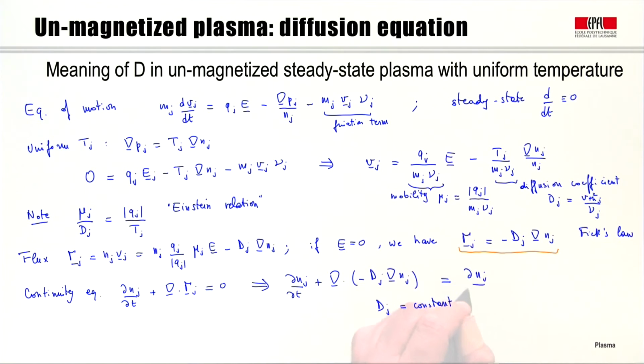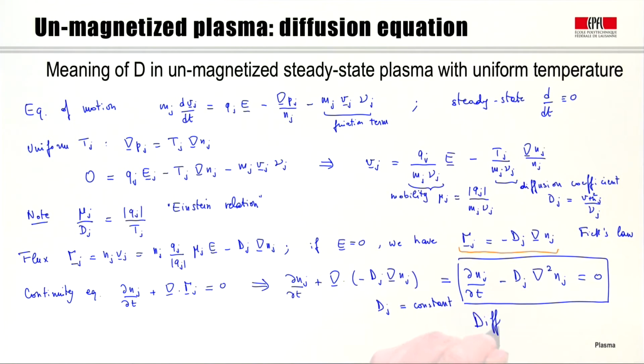And I get to the expression dn_j/dt minus D_j, the diffusion coefficient, times the second spatial derivative of the density equals 0. And what do I have here? I have a diffusion equation. So we have confirmed that, at least in this simple case, as an illustration, this coefficient D indeed is a diffusion coefficient, because it's the coefficient that appears in the diffusion equation for the density of the plasma